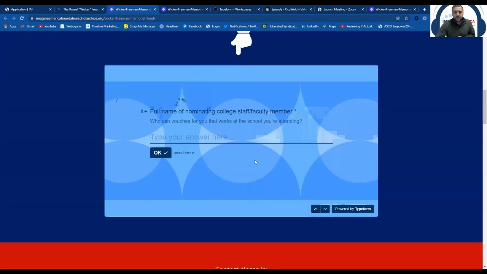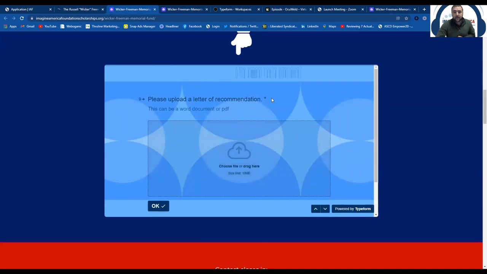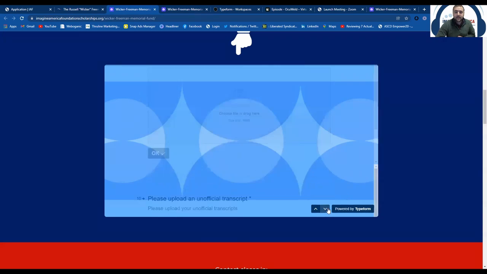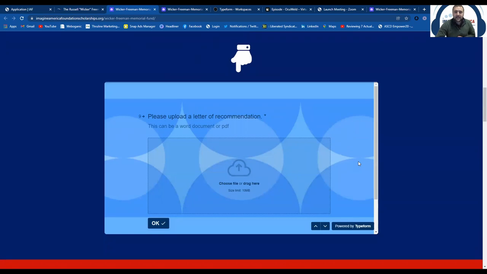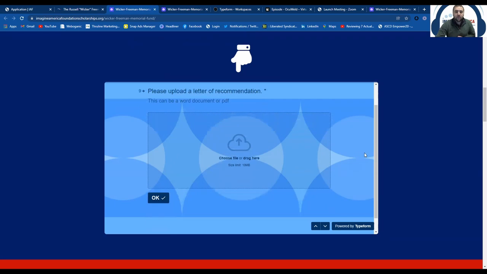You will also need to tell us who the nominating college staff or faculty member is. We just need their full name here, but you will also need to upload a letter of recommendation to this page. This is preferably in a PDF file, or a Word document will do. It doesn't need to be long, maybe only a paragraph or two, but just talking about why you're a good candidate for this